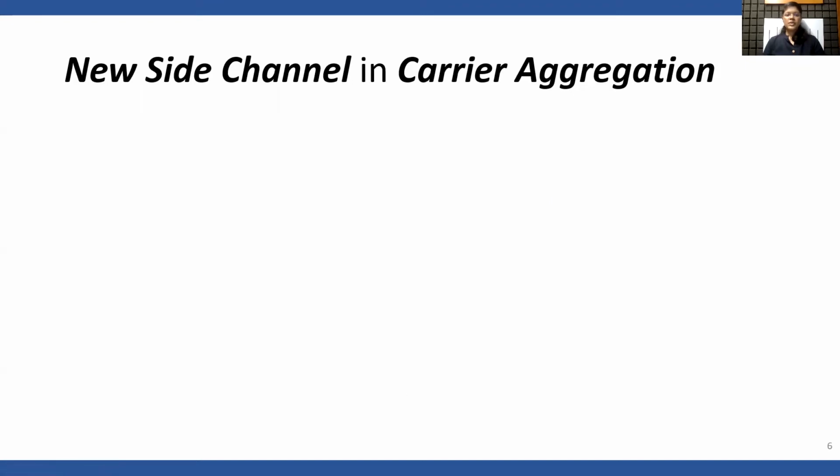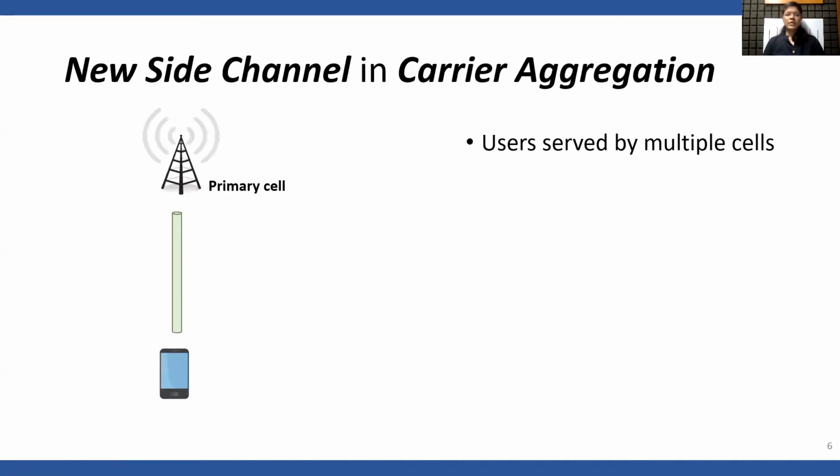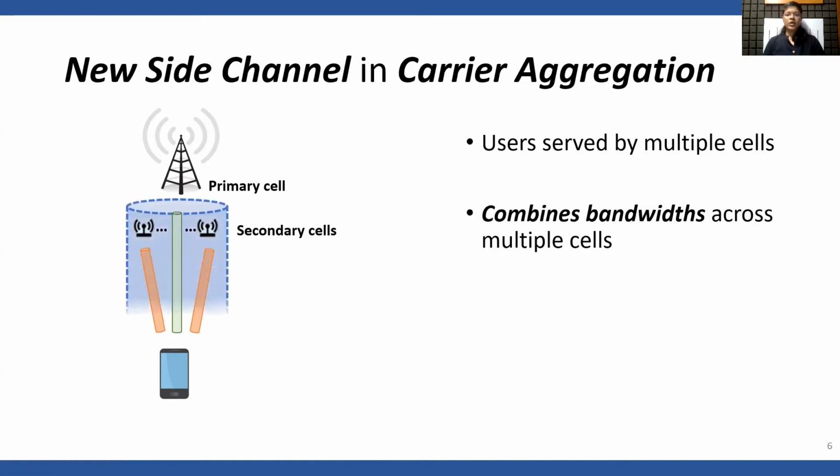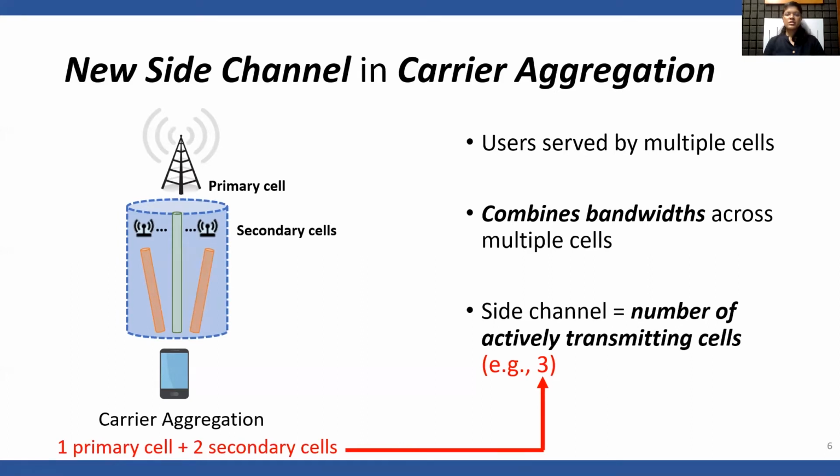We exploit a new side channel in carrier aggregation feature in modern cellular network. In modern cellular network, the users are served by multiple cells, that is, one primary cell and multiple secondary cell that supplements the primary cell. Carrier aggregation feature combines bandwidth across multiple cells to increase the bandwidth. We discover a new side channel in the carrier aggregation feature, namely the number of actively transmitting cell at any given point of time. In this example, the side channel value is 3, that is one primary cell and 2